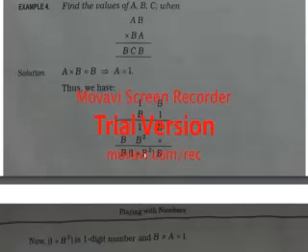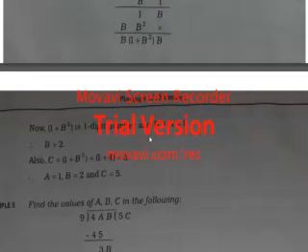So for making it B only, this should be a single-digit number only, and for being a single-digit number other than 1, there is only one number, that is 2. 2 square is 4. If I keep 3 also, then 3 square plus 1 will become 10, a two-digit number. So it has been said that B is not equal to A, which is equal to 1, therefore B is equal to 2, and C becomes 1 plus B square, which is equal to 1 plus 4, which is equal to 5. So this is how you have to make it.